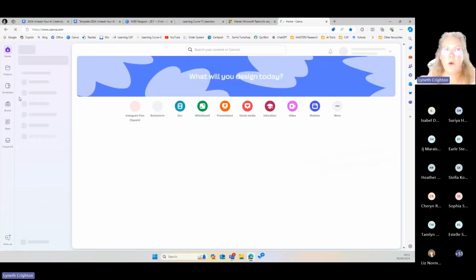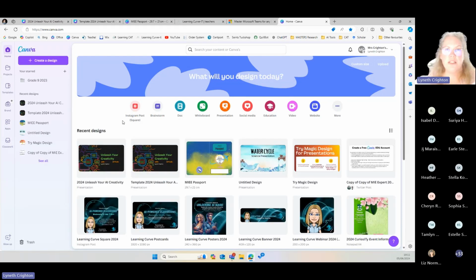So what I mean by that is if you create, and so for those people who've never been in Canva, yours will look slightly different for a while, but you land, for those who've been in teaching for quite a while, it's very similar to Publisher. It allows you to do the same sort of things that Publisher allowed you to do. It's also on the concept of PowerPoint, where everything is in a movable box, text, images, so you can move it around and do any kind of graphic design, text design.